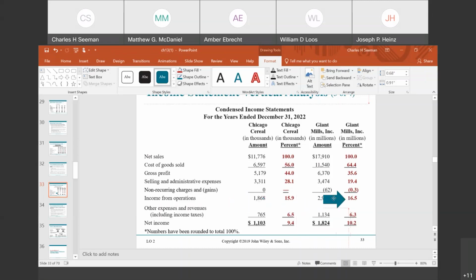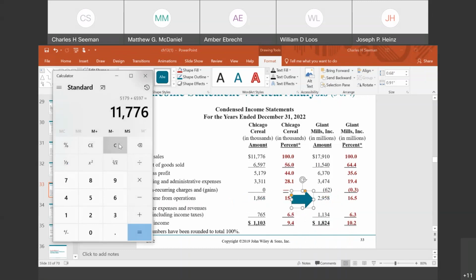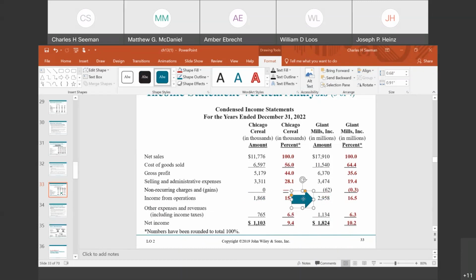And to get this percentage, we simply take the 2,958 and divide it by the 17,910, and you get 16.5. So that's telling us, and we'll talk about this more a little later,